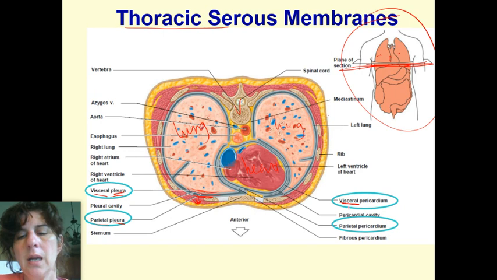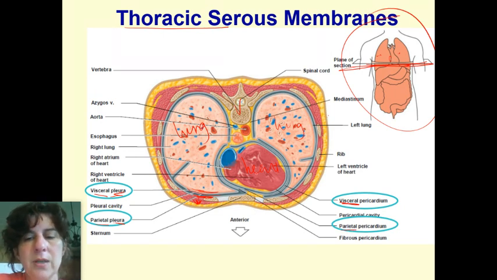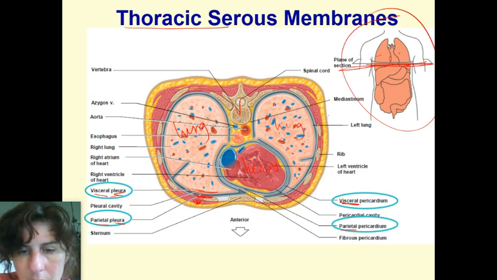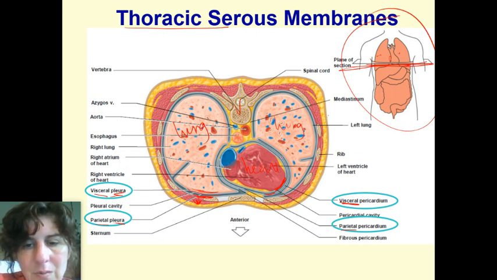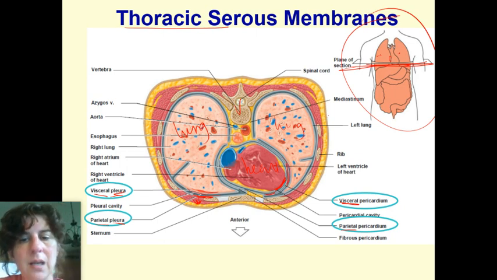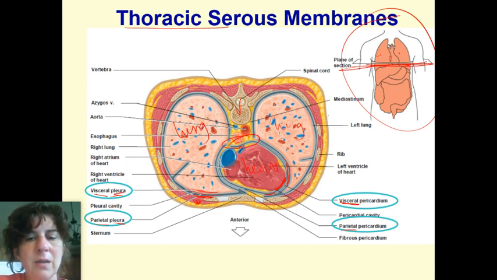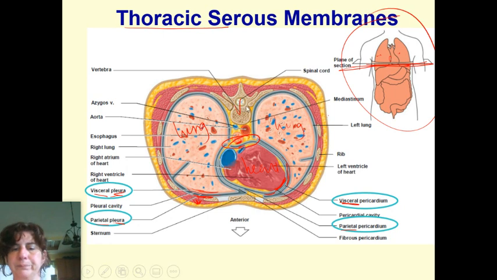And here, again, I have the same for the pericardium. Visceral layer. I think my arrows may have moved, but the visceral is right up next to the heart. And then the parietal is the one that's away from it, so the second layer out from it. You can see it better probably in this area. Visceral here, and then parietal over there.